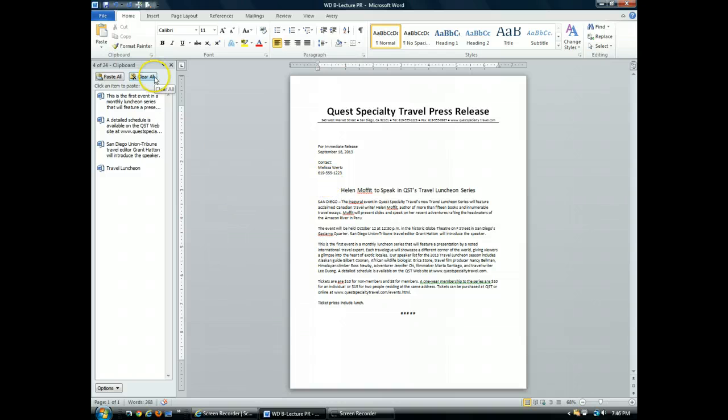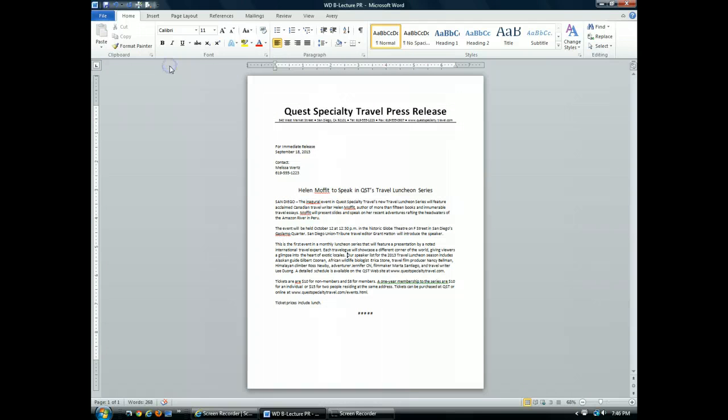I can clear all of the options from the clipboard, close the clipboard, save my document, and look at some of the options in the document to see if they're correct or not, and decide what I need to do with my document if I want to do any more work with it. I can do Control Home to move my cursor to the very beginning of my document, save again, and now I am